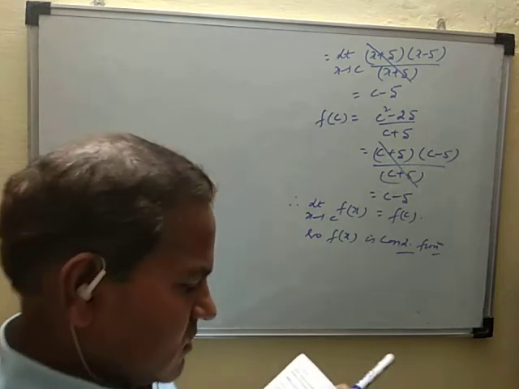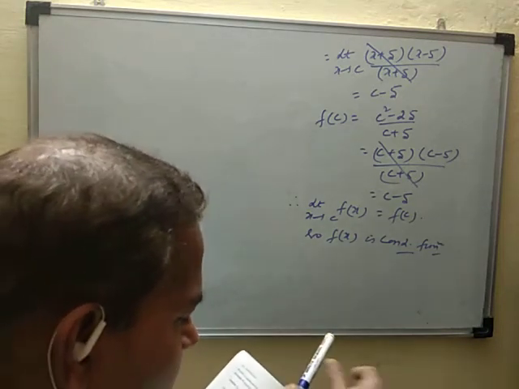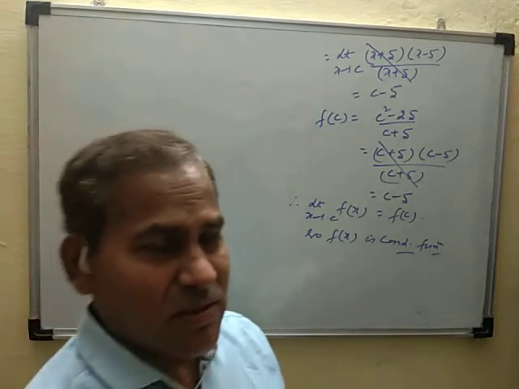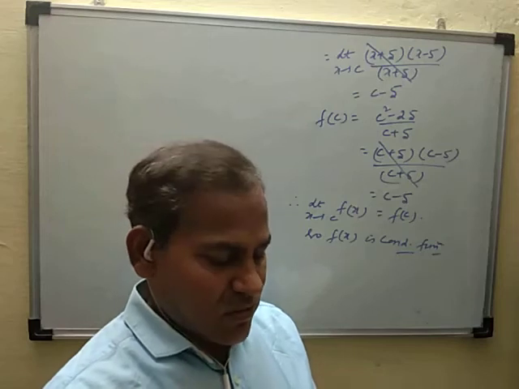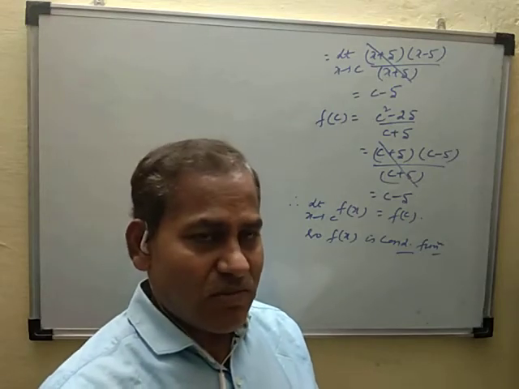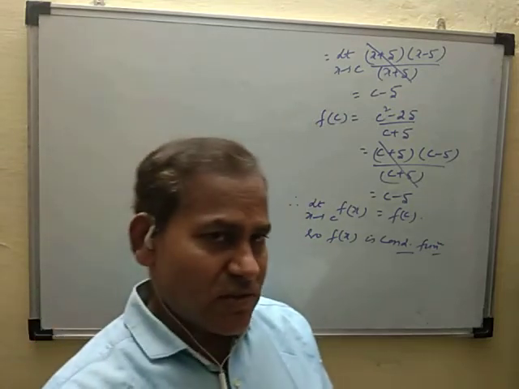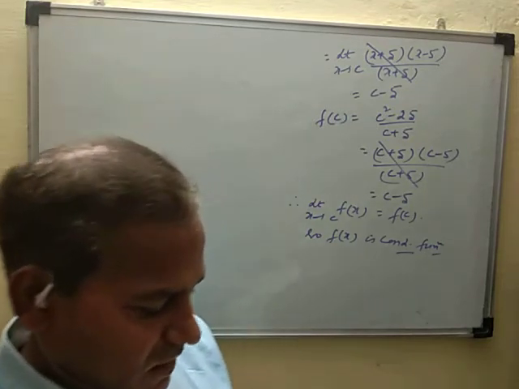And D part मॉडुलस फंक्शन mod of x minus 5 इसका टर्निंग पॉइंट पे चेक कर लोगे. 5 इज द टर्निंग पॉइंट. इफ दिस फंक्शन इज कंटिन्यूअस at x is equal to 5 then function is everywhere continuous.